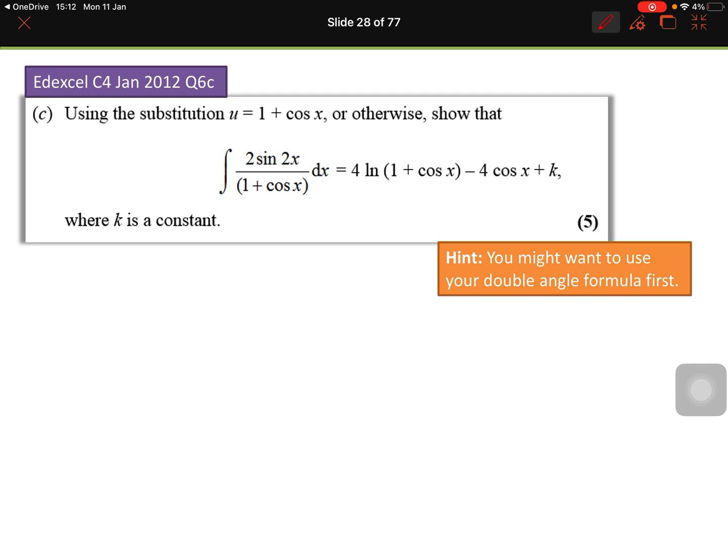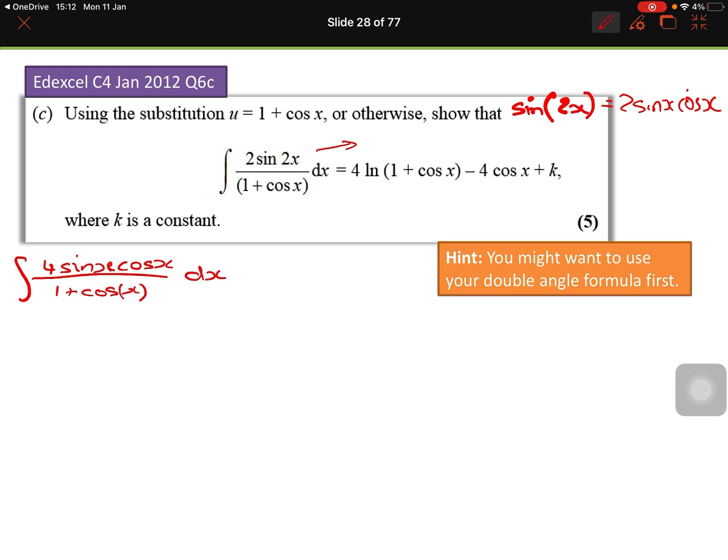Okay, so first step I want to do is change 2 sine 2x into something a little bit easier to use. I know that sine 2x equals 2 sine x cos x, the double angle formula. So 2 sine 2x is going to give me 4 sine x cos x. This now becomes the integral of 4 sine x cos x over 1 plus cos x